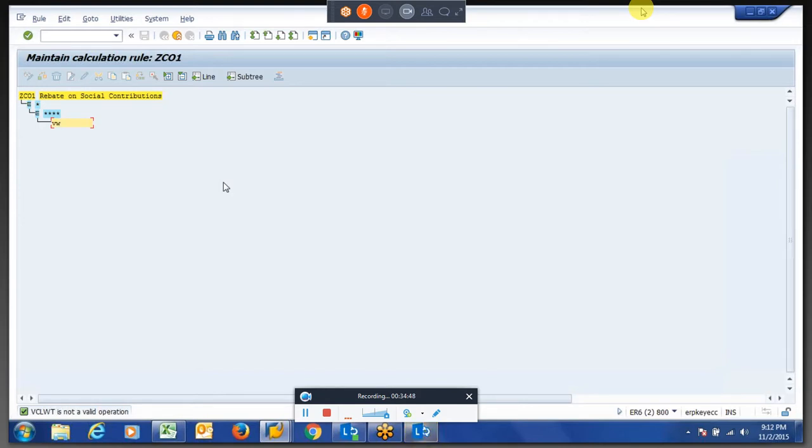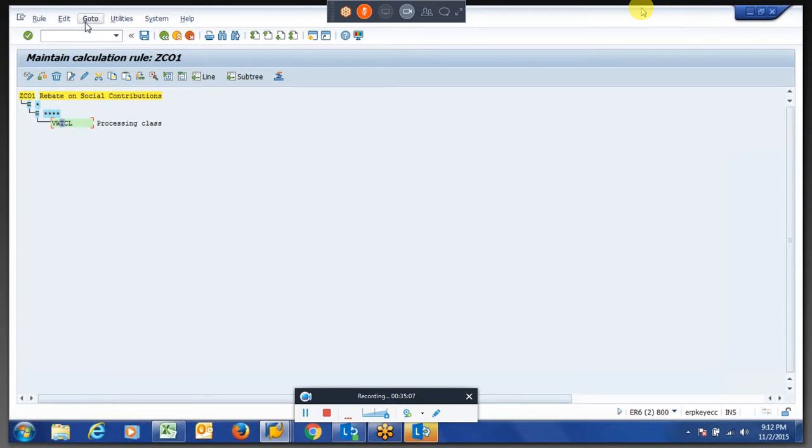Okay, so we have an operation given to check the processing class. If you go to documentation, you can understand what this is, right?